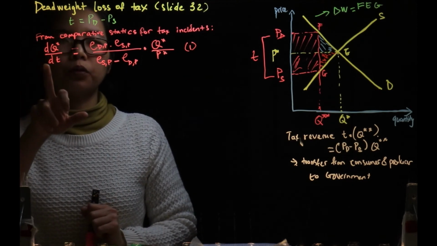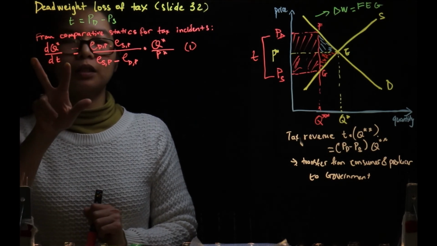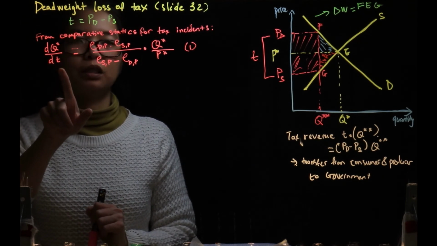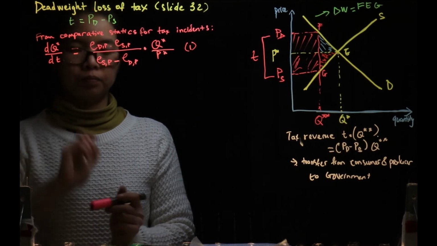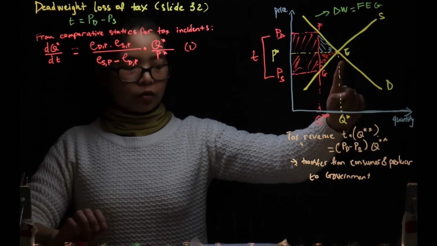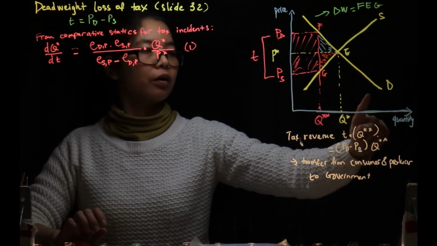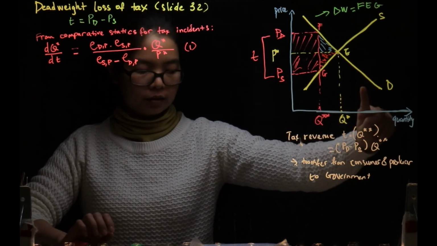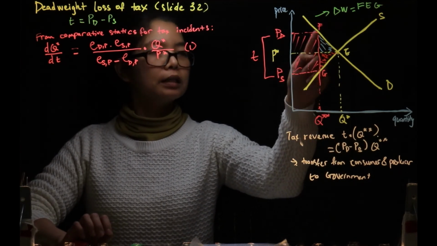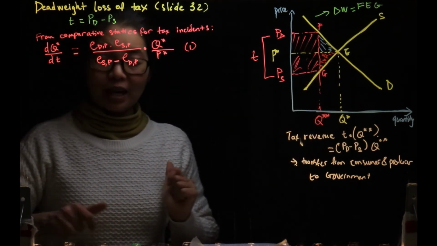It shows how equilibrium quantity changes with respect to per unit of tax, per unit of currency. So if we do it like the graph I draw here, which means we treat the demand and supply curves as linear, then this dead weight loss is actually a triangle. Okay? And let's start with that for simplification.